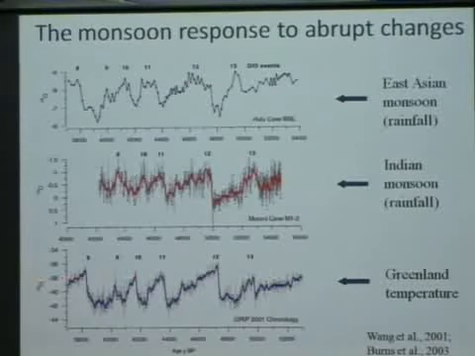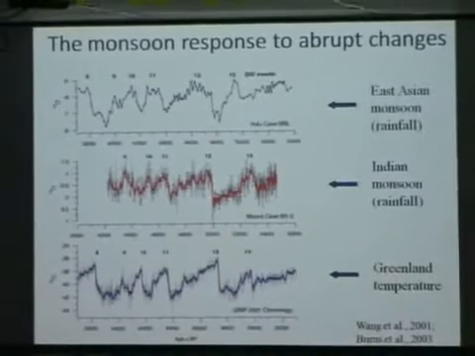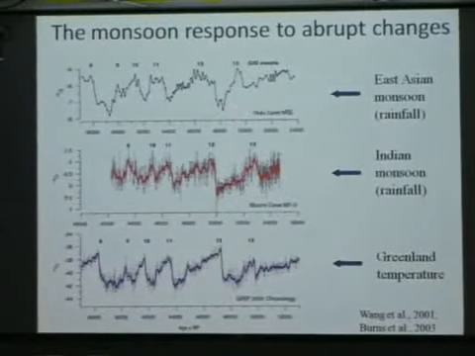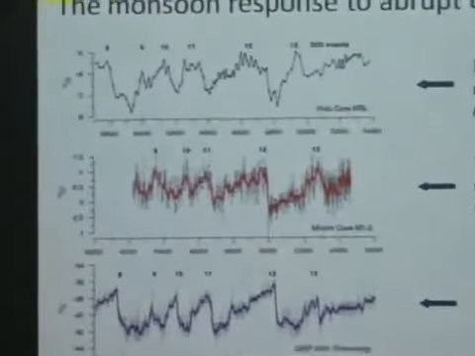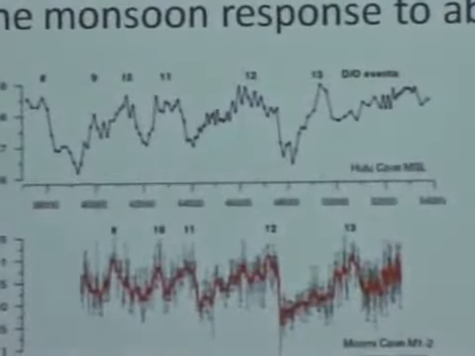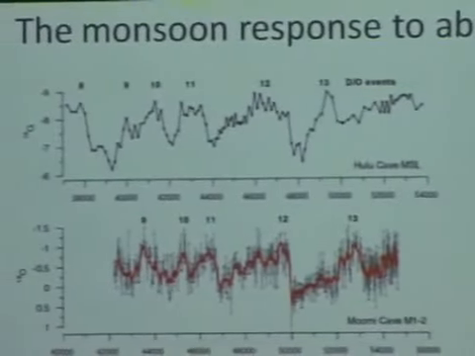And these events, if you look at the bottom here, this is showing these abrupt events in the Greenland ice core record, which is a temperature record, essentially, showing these sort of abrupt warmings that happened during the last glacial period. The upper two panels show you two different speleothem records, one from the Indian monsoon region and one from the East Asian monsoon region, which show that along with these abrupt increases in temperature in Greenland, we had abrupt increases in monsoon intensity occurring essentially synchronously, indicating a link between the monsoon region and high latitude climate.